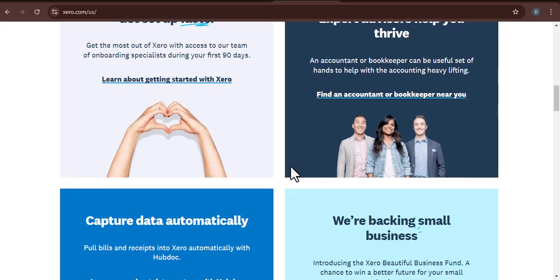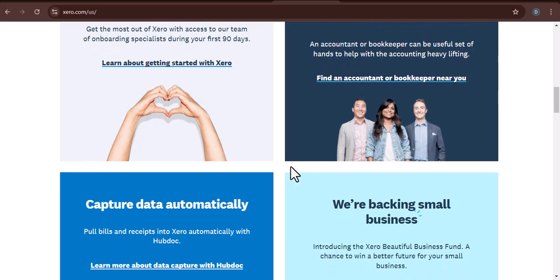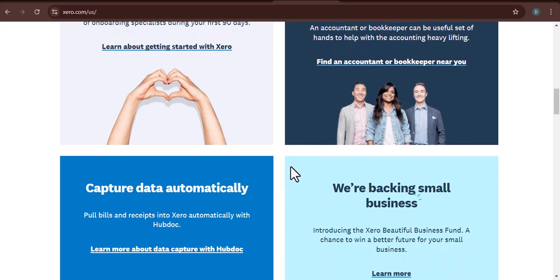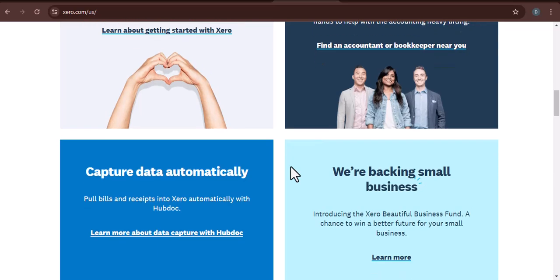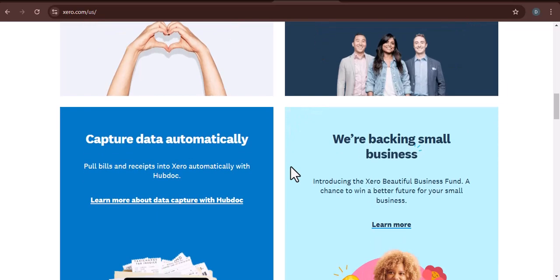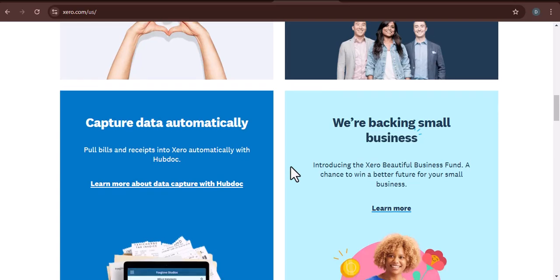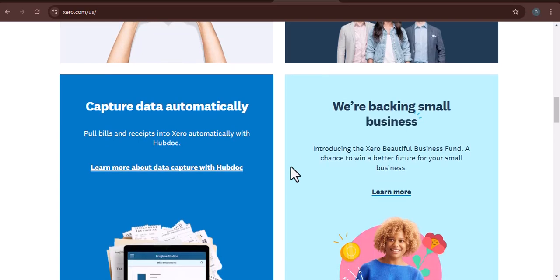Adding opening balances in Xero might seem like a small step, but it's a crucial one for maintaining accurate financial records. By taking the time to enter your starting balances correctly, you'll ensure that your financial reports are reliable and that you can make